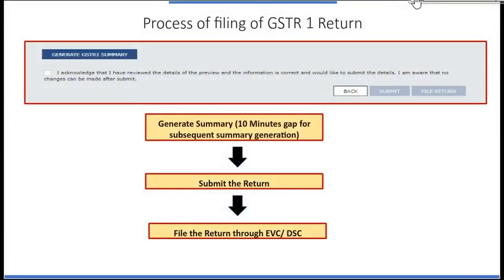One change that is there recently, even GSTR1 can be filed through EVC. So for companies and other entities or LLPs, DSC was mandatory, but because of this COVID situation, the government has relaxed filing of returns through DSC. So even companies and LLPs and other entities for whom DSC was mandatory for filing of return, now they can file return through electronic verification code. A code will come on your mobile and you can file through that code, right? Friends, this was about your GSTR1 table by table detailed summary.